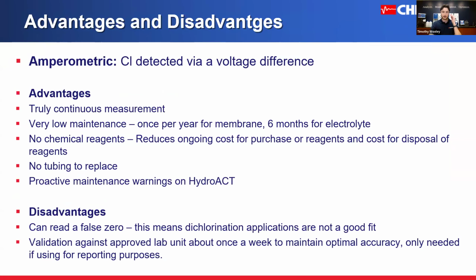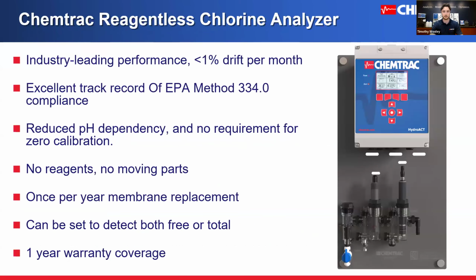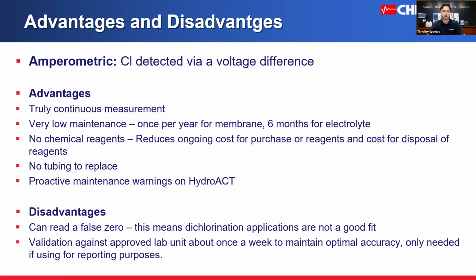So let's move on to some advantages and disadvantages of these two types of technologies. Starting off with amperometric, which is what we just saw, reagentless. Those are truly continuous measurement. What we mean by that is that it's online all the time. Both of these technologies are online. However, the reagentless one is constantly reading changes in chlorine. So if you're trying to keep up with very quick changes in incoming chlorine at your plant, this might be the way to go. They have very low maintenance, about once per year, as we said, for the membrane,